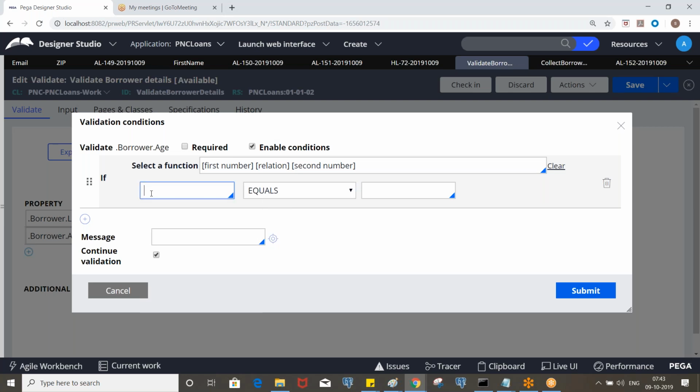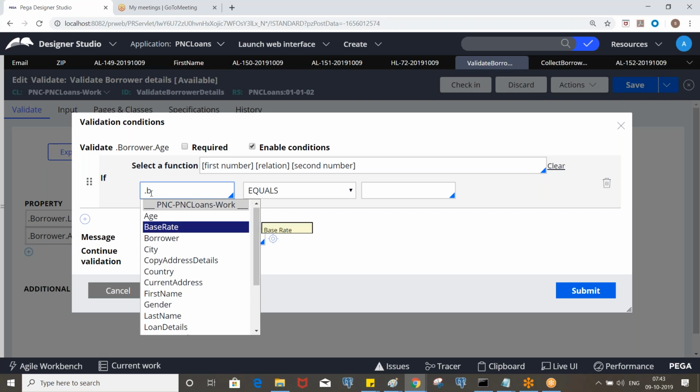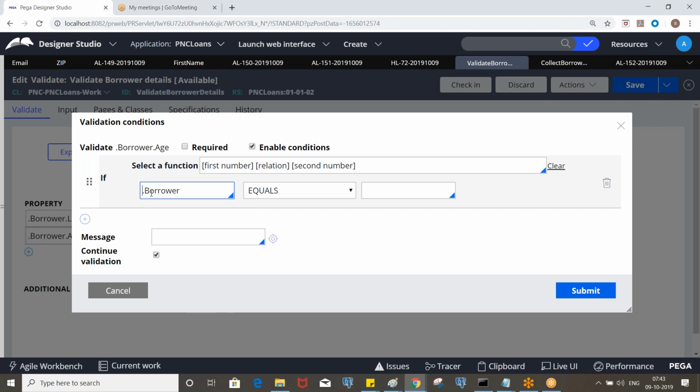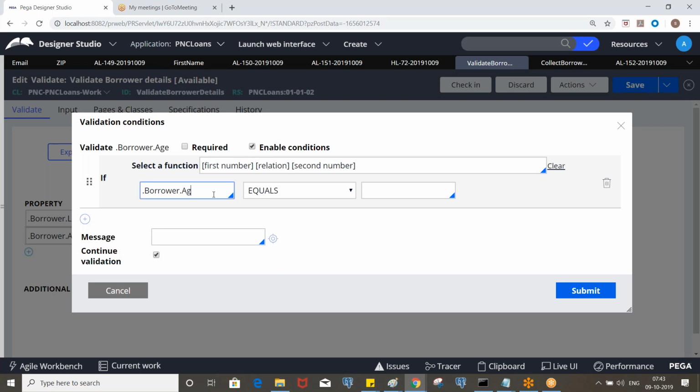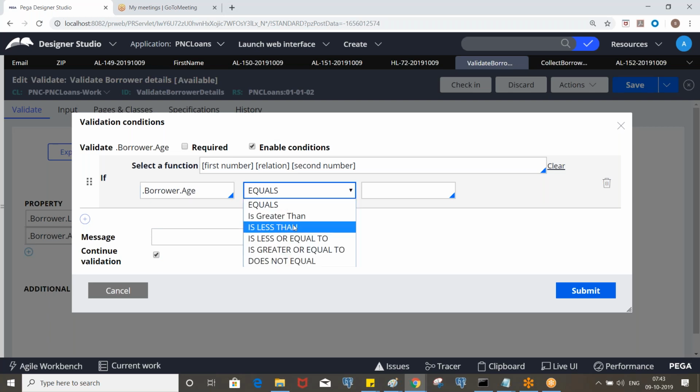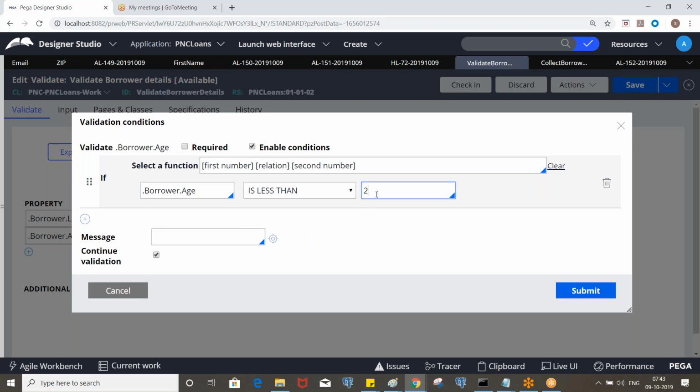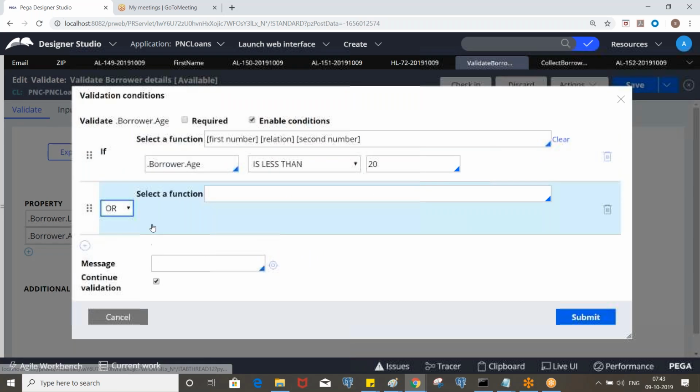If borrower age is less than 20, range of same property.